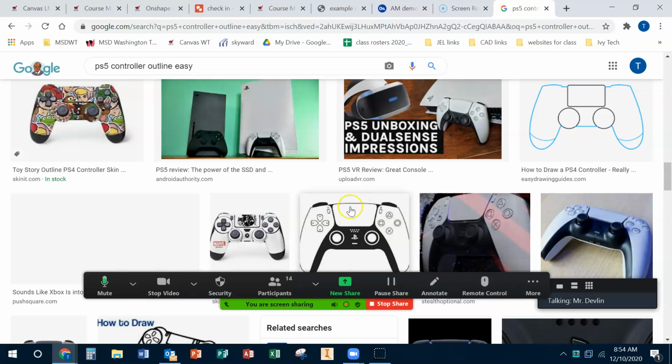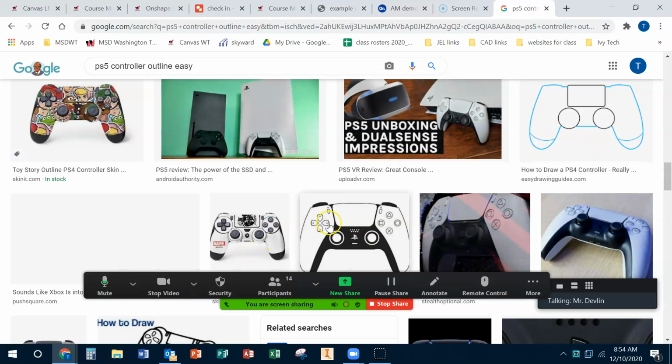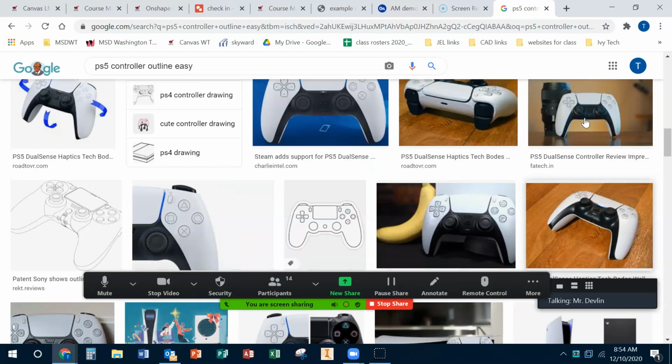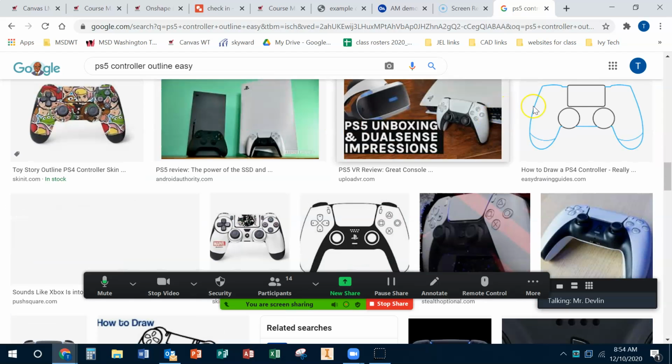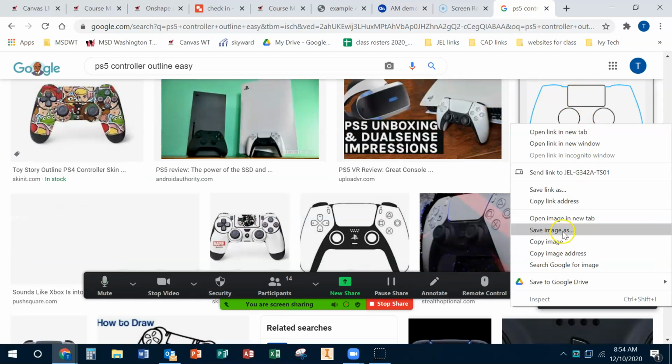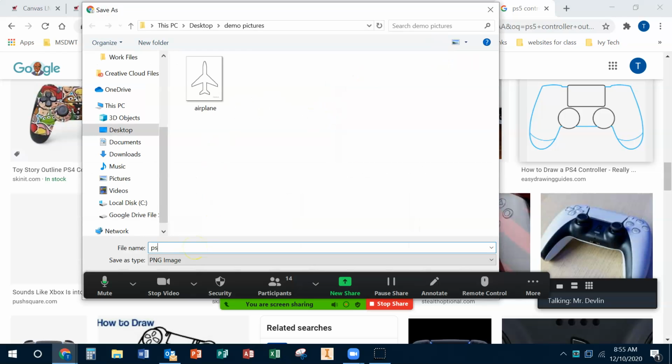Okay, so let me ask you this, Ariane. Which one do you think we can model? This one or this one? Like if you're going to model this, could you handle putting all these details on it? But if you saw this, would you say, oh, that's a PlayStation controller, right? So that's what we've got to go for. I know it's kind of that, but that's part of what we've got to think about. Like this one could be close, but when you see this, it gets kind of complicated. So I'm going to go PS4,